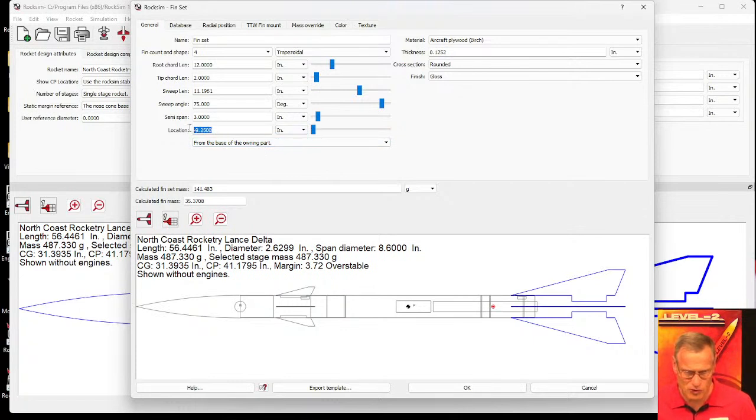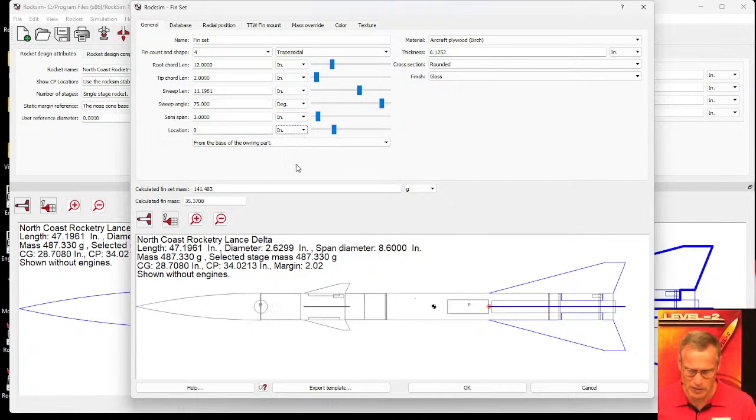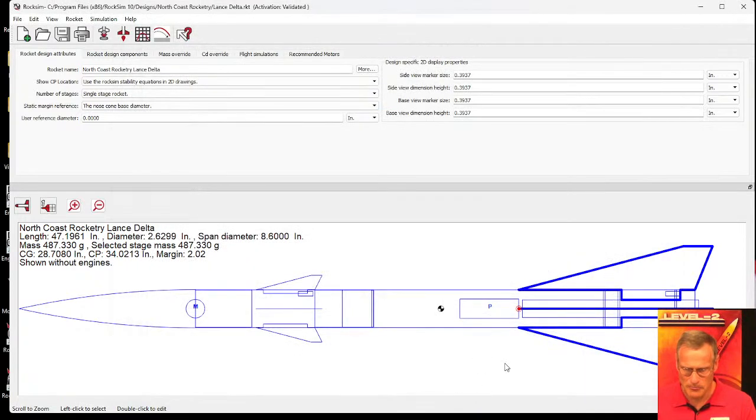But I can change that real quick just by changing the location to a 0 and then hit tab, and you can see they jumped right to where they should be. And if I click OK, and then if I edit the tube,